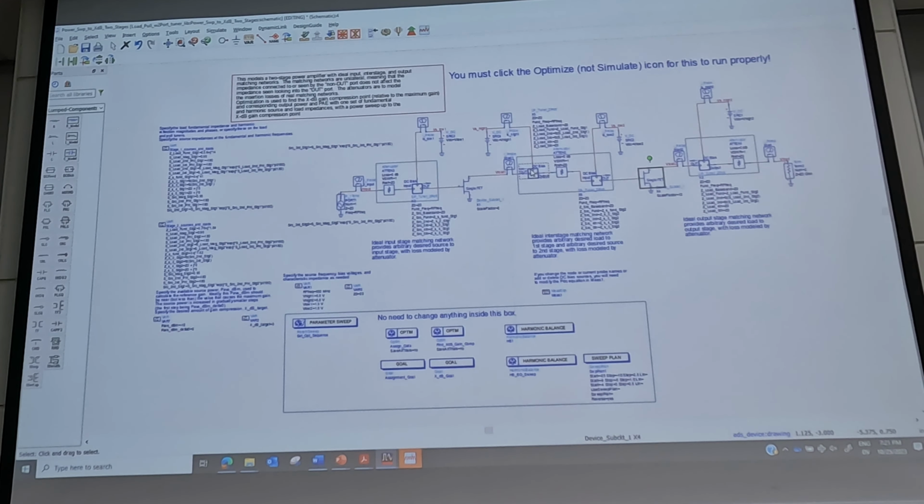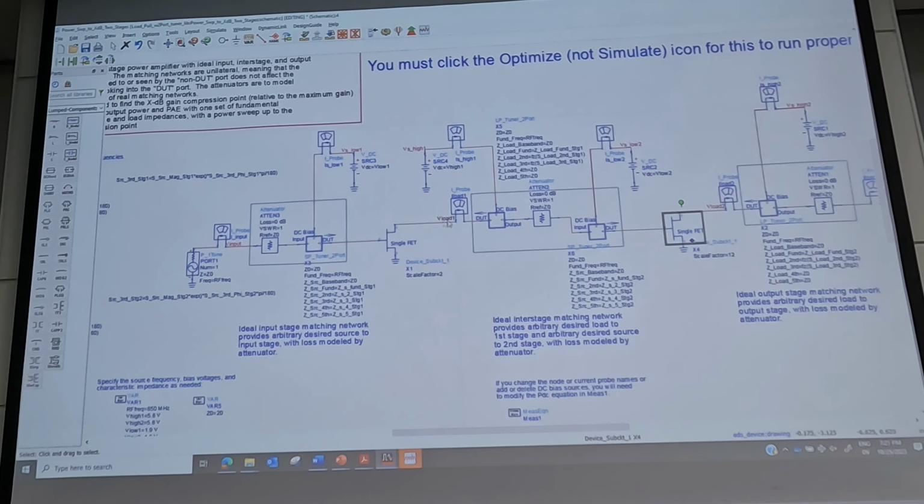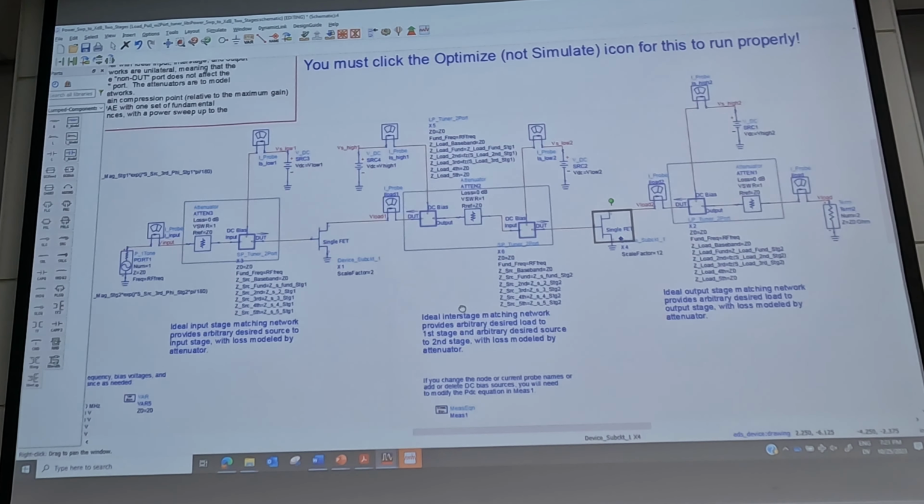You can have an ideal load presented to the first stage and an ideal load or source impedance presented to the second stage, and you can insert some insertion loss and experiment with how a multi-stage design would work, and look at which stage compresses first and how much and things like that.